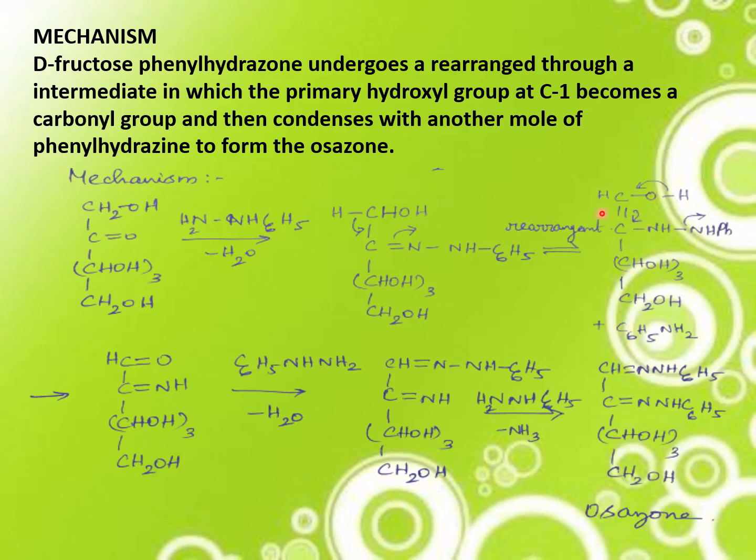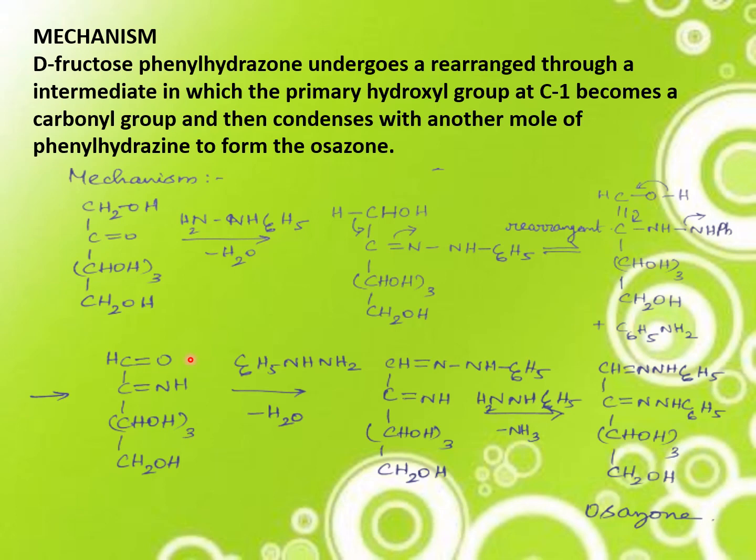We'll get CH single bond OH, here a double bond is formed. Here C-NH-NHPh is formed. Now another rearrangement is going to take place at this position. At this position, aniline is going to eliminate, C6H5 phenyl ring NH2. One hydrogen is present in this position and one more hydrogen which is left at this place is attached with this, so we'll eliminate as aniline. So we arrive with this product.